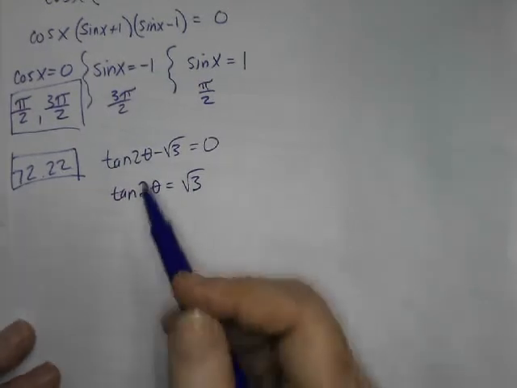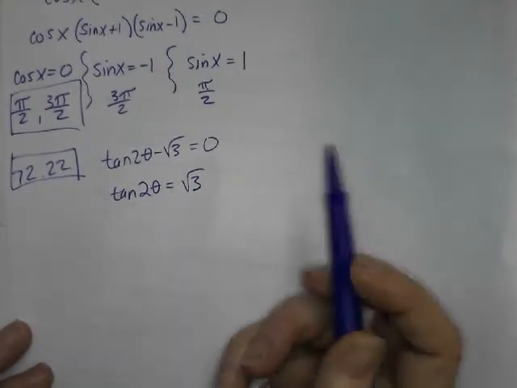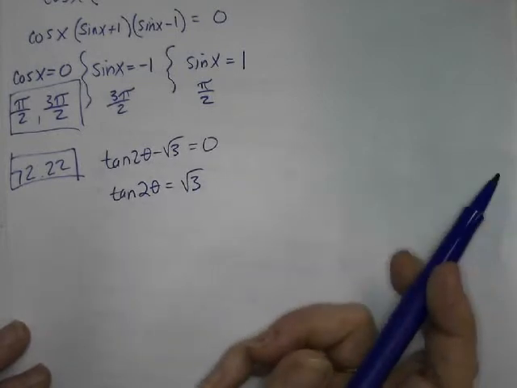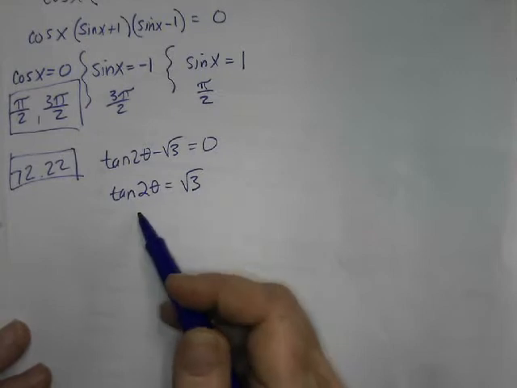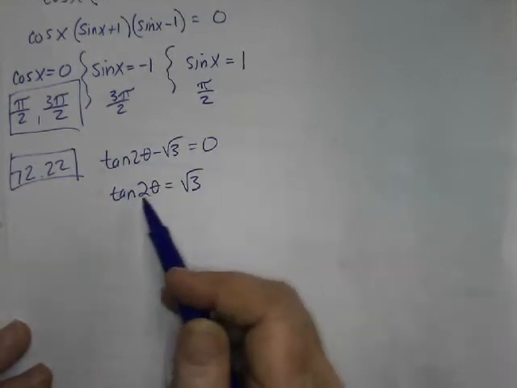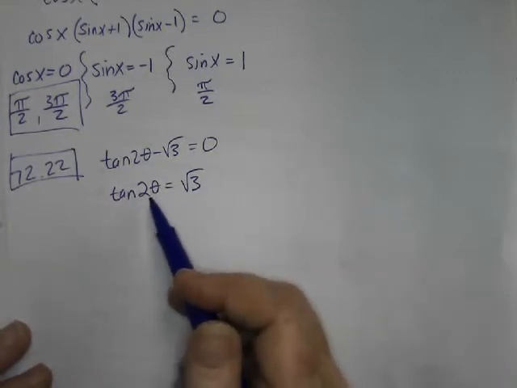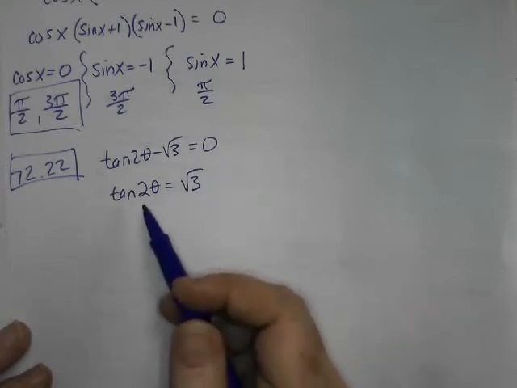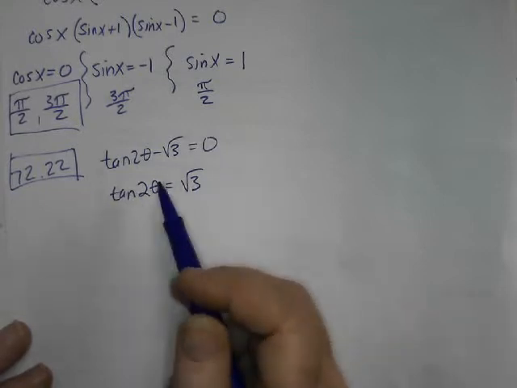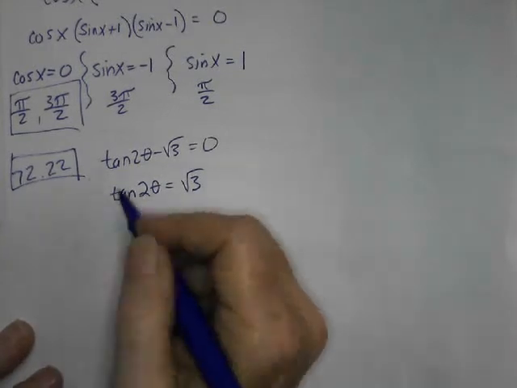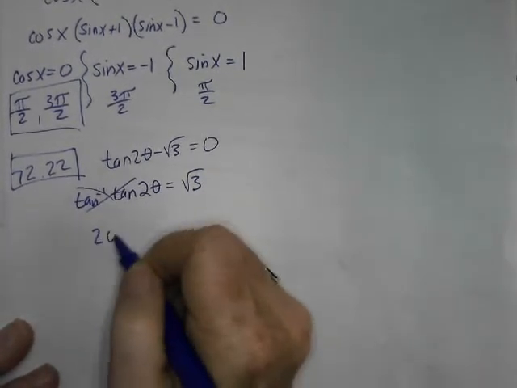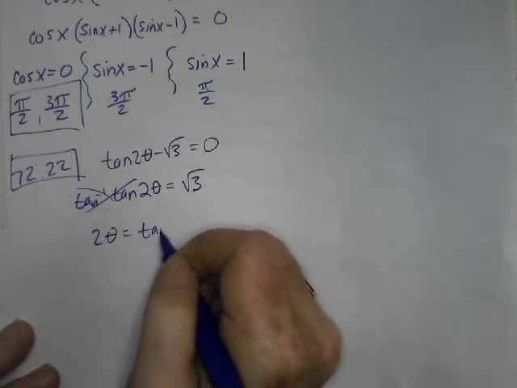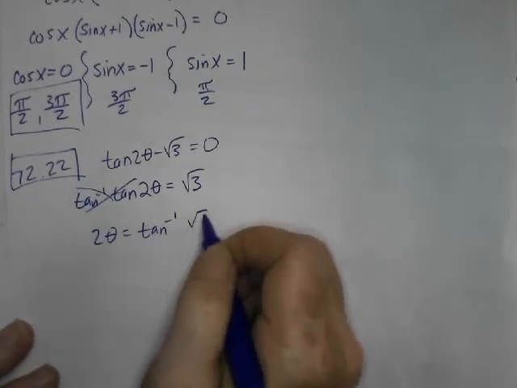Now I can't get that 2 out of there. I can't just divide it out or anything. Remember, the author of the book says don't mess with the argument. That's the modulus. Wait, that's the argument. You can't mess with the argument. So let us inverse tangent both sides. If I inverse tangent both sides, that'll go away, and I'll have 2 theta equals inverse tangent of root